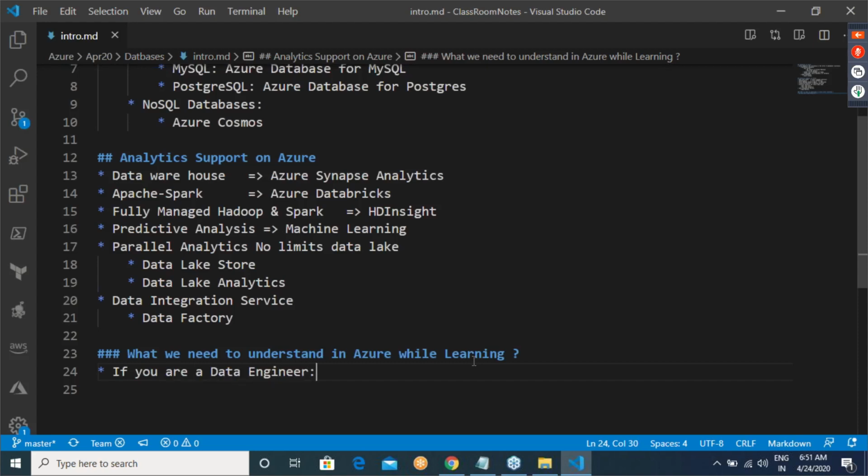That means if you are a DBA, a SQL database administrator, an ETL developer, a big data engineer, whatever it is. And then if you are a cloud administrator. These are the only two things you need to understand: if you are a data engineer, what you are supposed to do, and if you are a cloud administrator, what you are supposed to do.